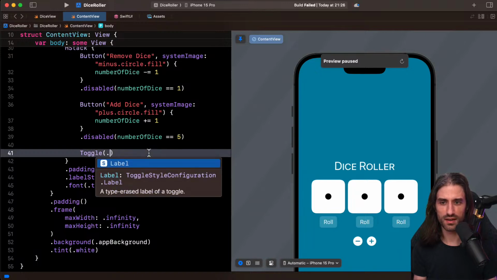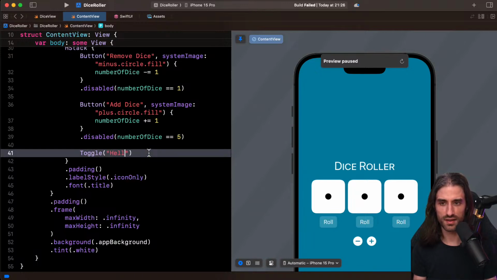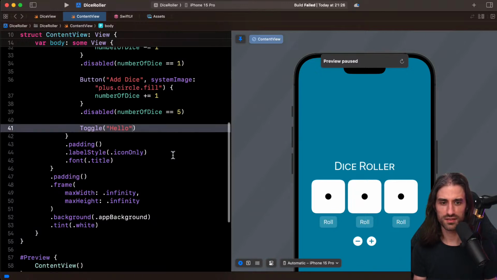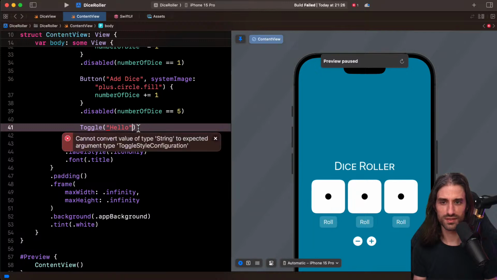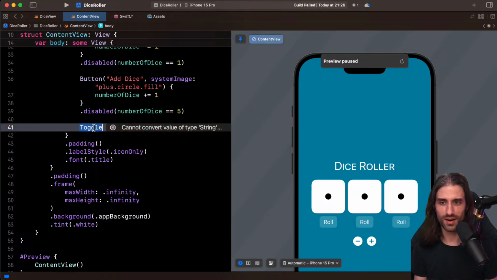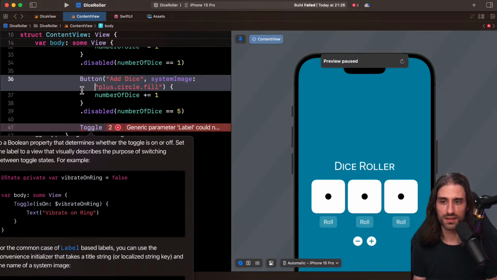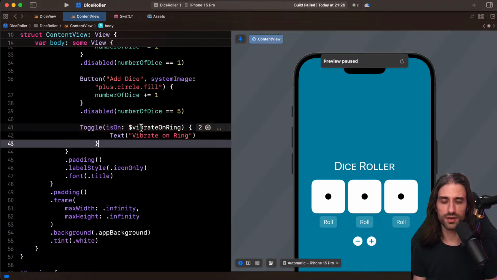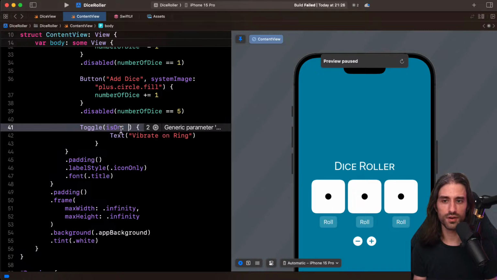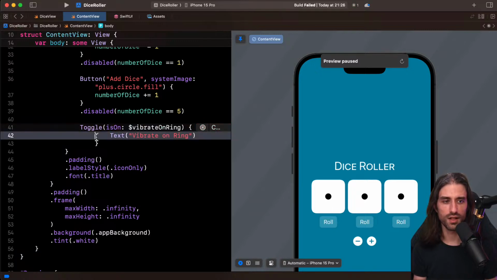Okay, what could be its style? You can give it a label. I don't know, if I say like hello, for instance. No. How do you create a toggle? I'm not sure how you create one. Maybe I can see it. Okay, so the toggle is the on-off. It's the thing to say whether it's on or off.